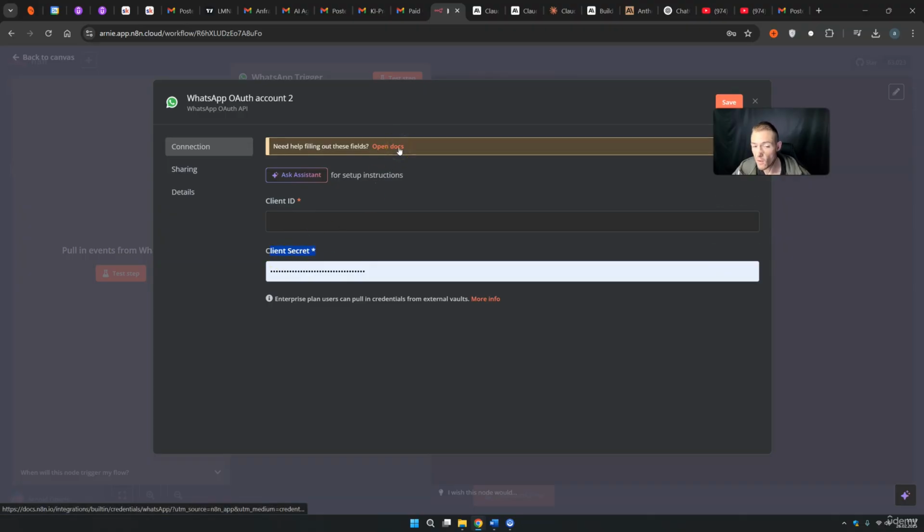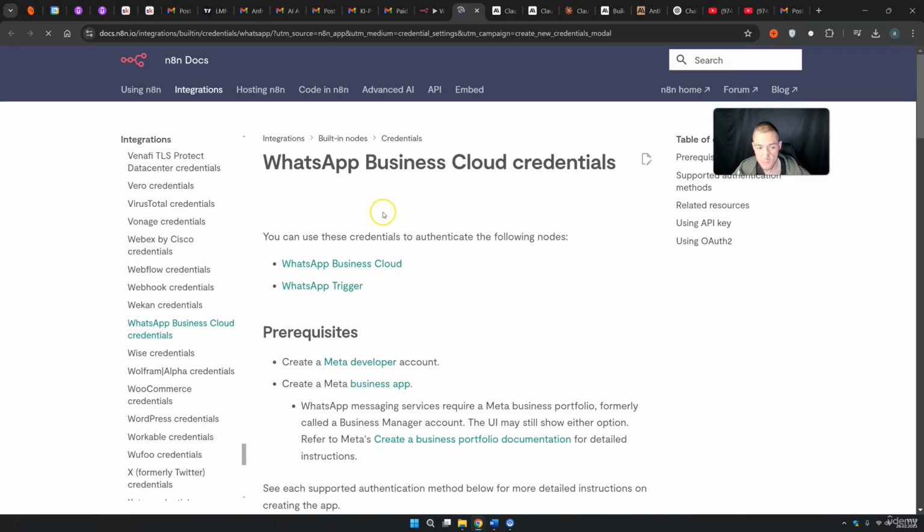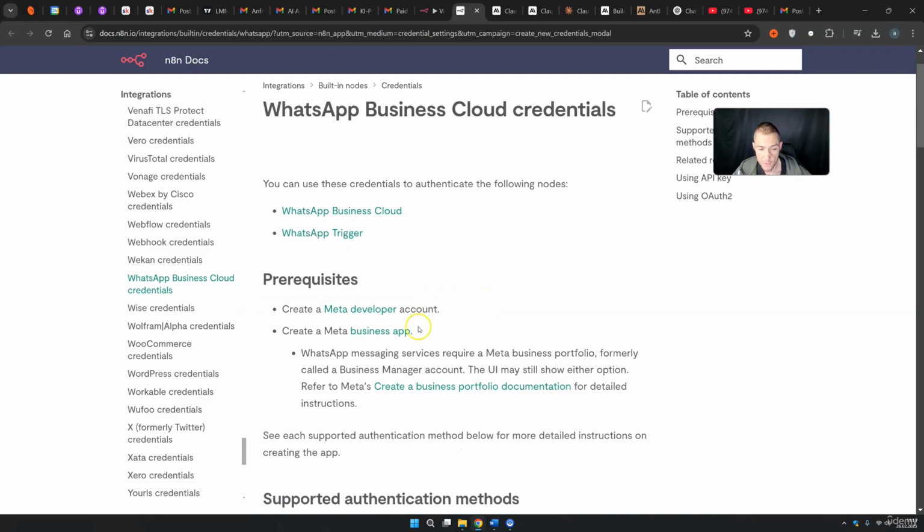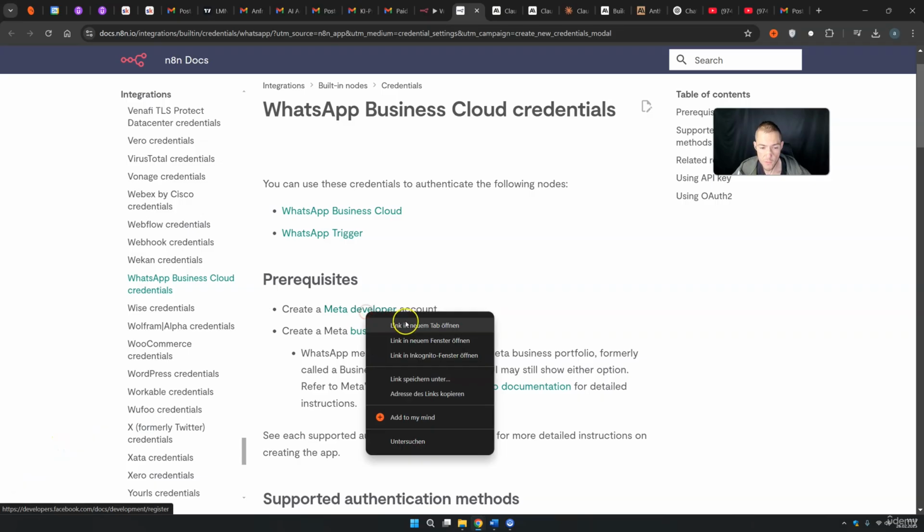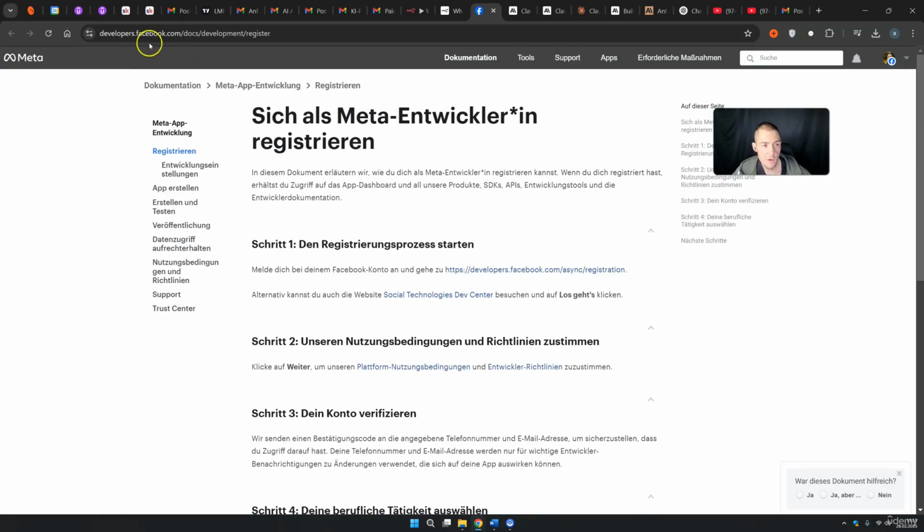You can also, as always, open your documentation and then you find what you need to do. You can trigger these 2 nodes, but you need 2 things right here. You need to have a Meta developer account and you need to have, of course, the Meta business app. So you need to have WhatsApp for business. So the first thing is, of course, to open up this link, and then we are right now at